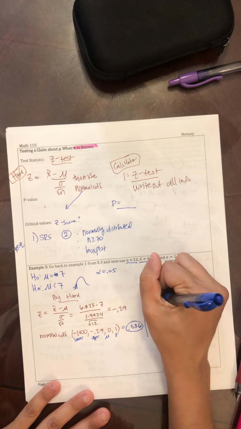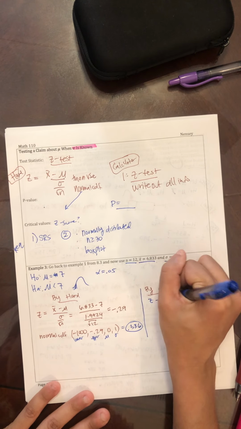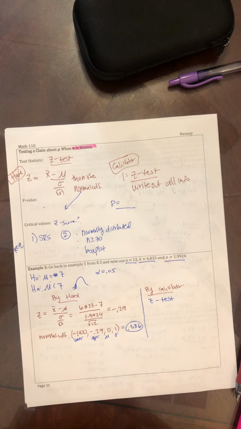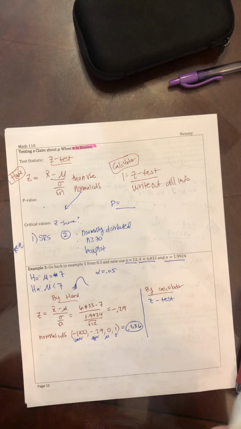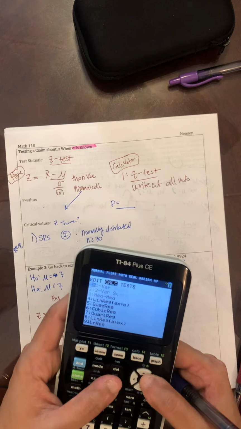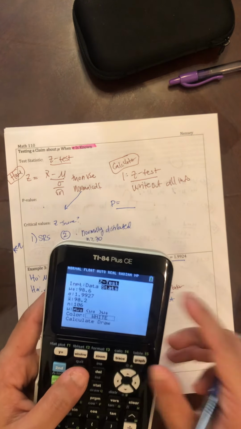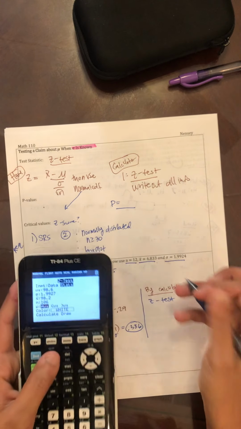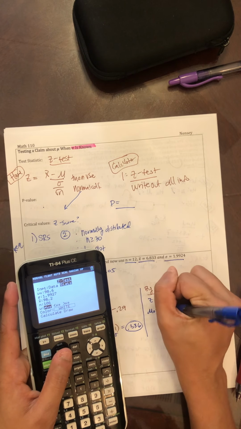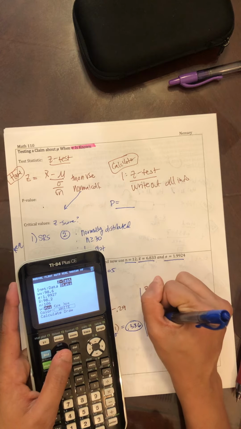By calculator, I'm going to write z-test. And the hard thing is you have to figure out what test it is. It's not a proportion because there's no p. And then if you go to test, you can kind of figure out what you need. And once you do that, you can figure out what answers you need. So you need to fill in mu sub 0, which is 98.6. Your sigma, which was